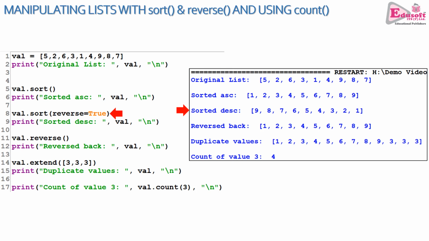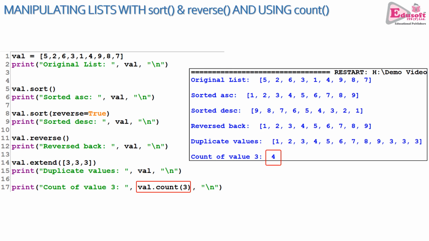Next, in line 11, we are using the reverse function, which actually reverses the values of the list. If you see line 17, we are using another list function called count. The count function takes a value to be counted. It looks into the list and counts the occurrences of that value. So it is counting how many times the value 3 appears in the list. That is 4 times, and that's being displayed.